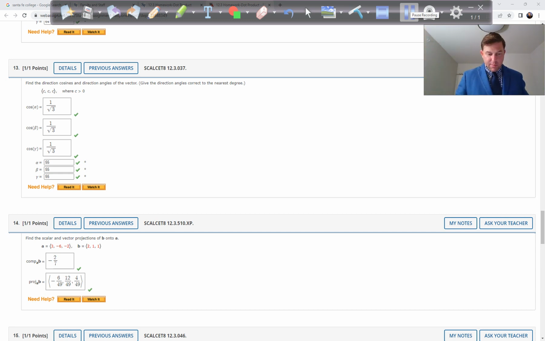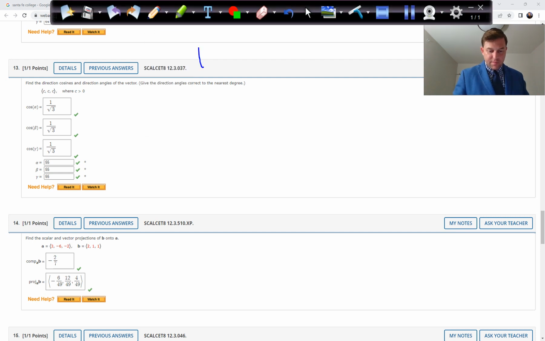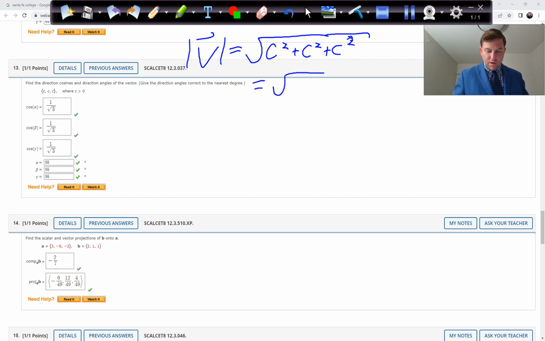But this time our vector is equal in all directions. So its magnitude in the x is c, its magnitude in the y is c, its magnitude in the z direction is c. So the magnitude of this vector is the square root of c squared plus c squared plus c squared, which is the square root of 3c squared. But the square root of c squared is c. The c can dig out of there, so this is c times the square root of 3. That is the magnitude of the vector,